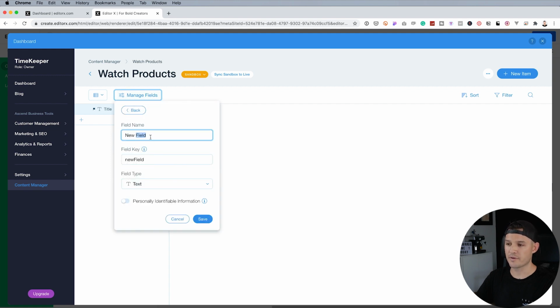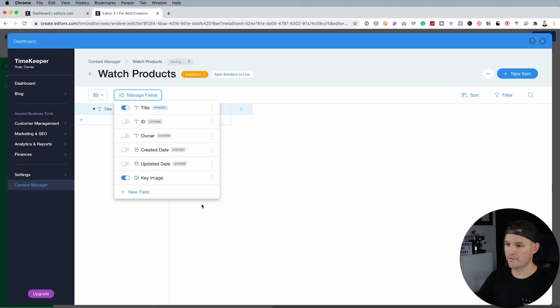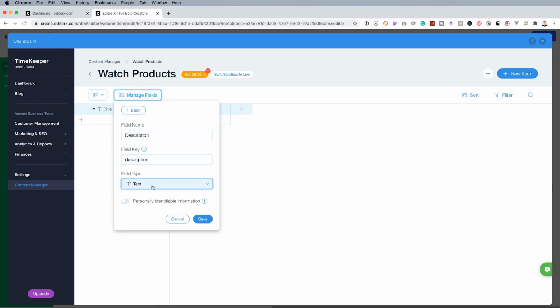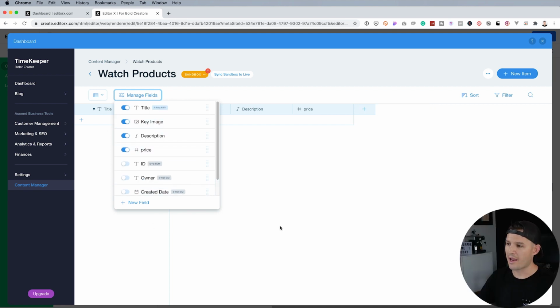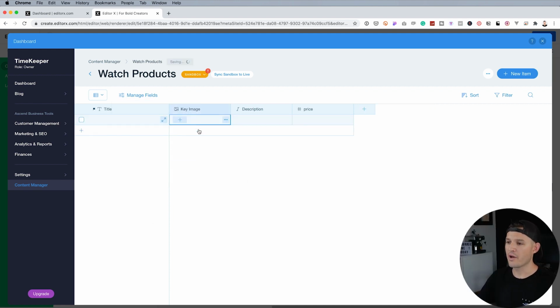Let's add some new fields. Let's call this key image, and we're gonna make that an image field. We'll save that, and we'll make sure that that is turned on. And price. We can come in here now and we can edit each of these. So let's call the first one